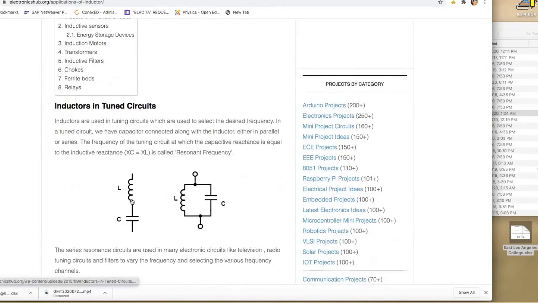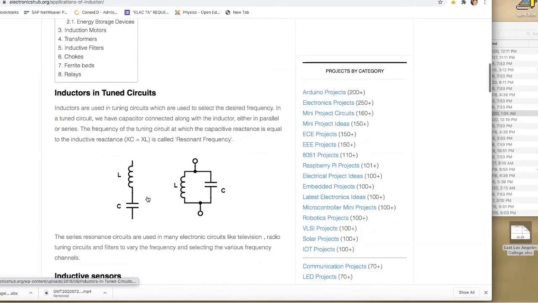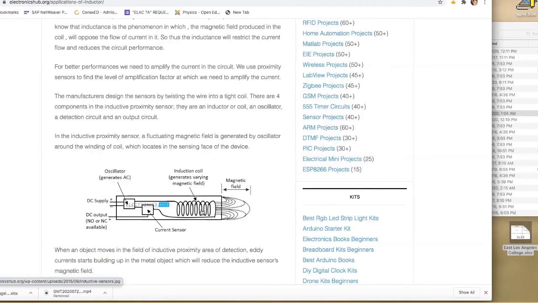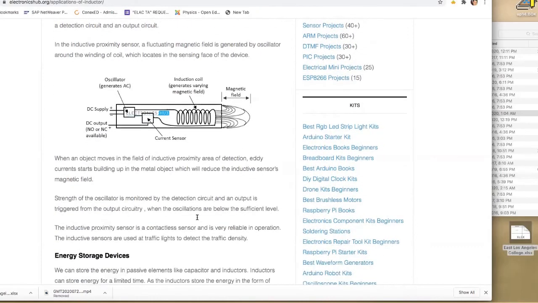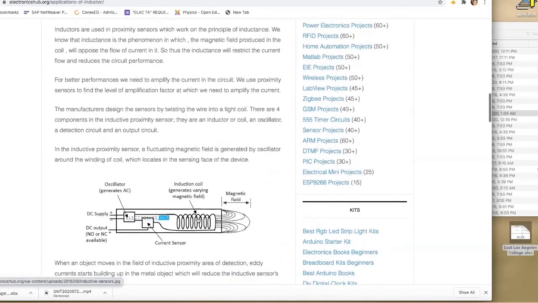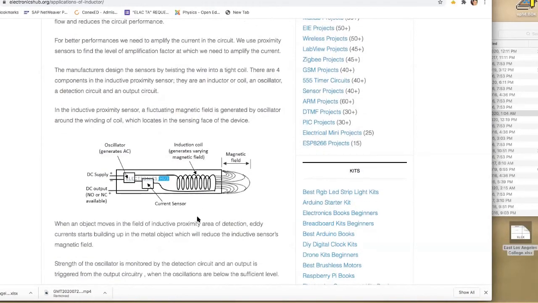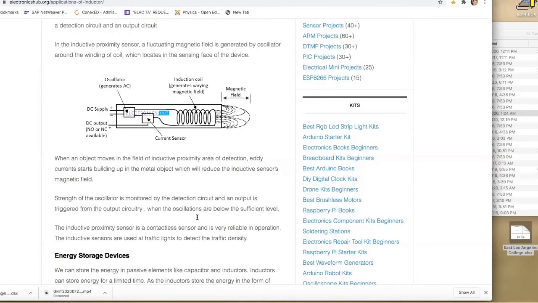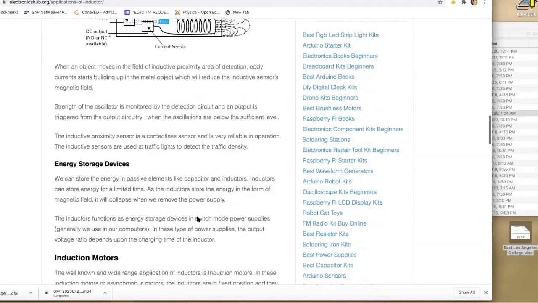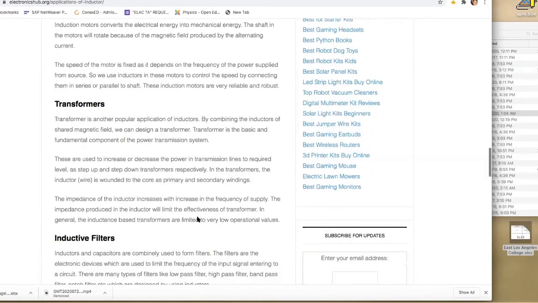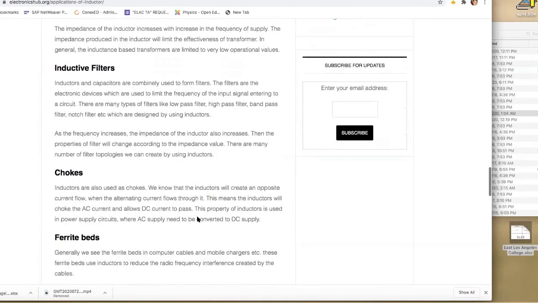All right, this is the symbol for inductance, L. Inductive sensors, induction coil, you see here. This is kind of nice. Induction motors, transformers. Of course, the transformer is very important. Inductive filters, chokes,